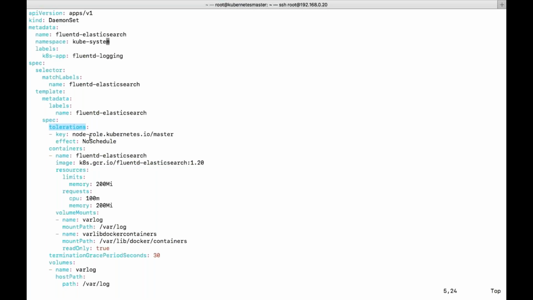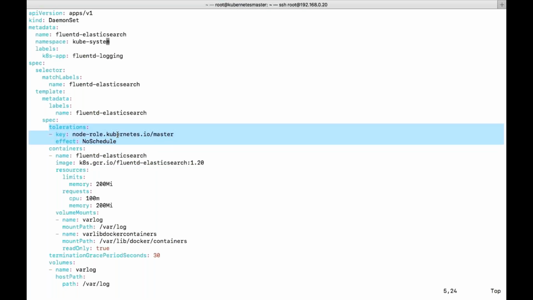On the master server we need to schedule this particular pod. By default, you know, pods are not scheduled on the master node. If you want to schedule this pod of the daemon set on the master node also, then we need to give these parameters: toleration, hyphen key, and then effect, NoSchedule.